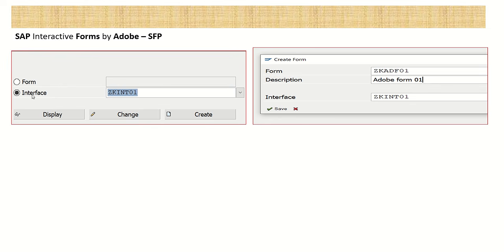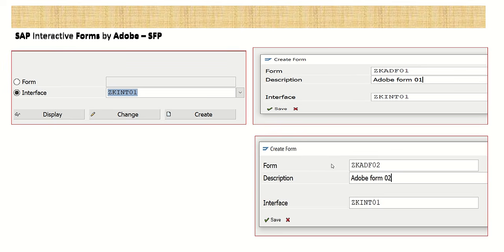Suppose you create interface 1 with all our importing and exporting parameters, global data declaration and complete logic. So we can first create Adobe form 1 with that interface, and then we can create one more Adobe form with the same interface. So this means this one-time development we can use in multiple forms. Fine. So here we have to give the form name and interface name,